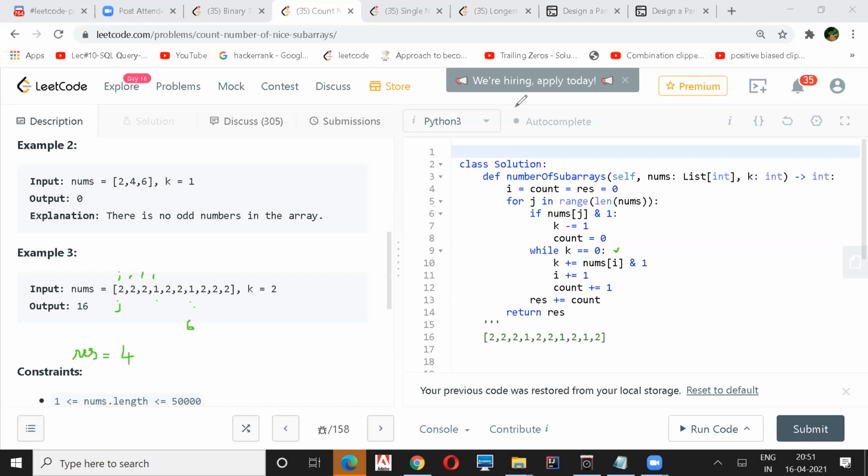So my J keeps on increasing, trying to reduce the K to 0, but it won't till it reaches the end, isn't it? So I come here, come here, come here, I'm done. My J doesn't reduce the K to 0.